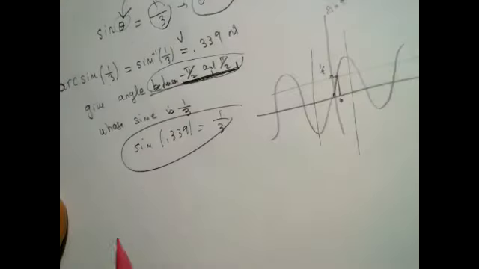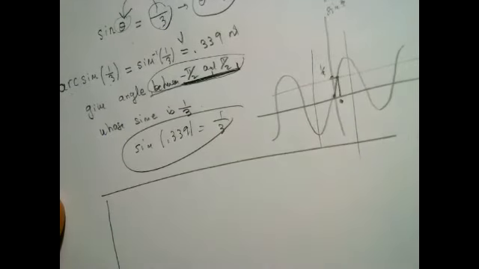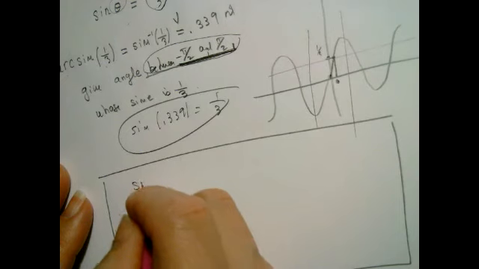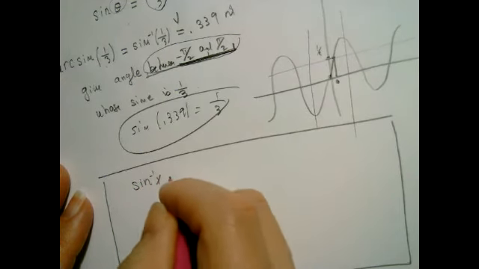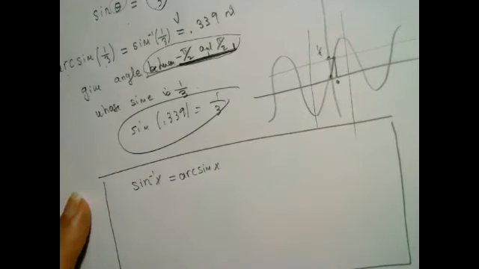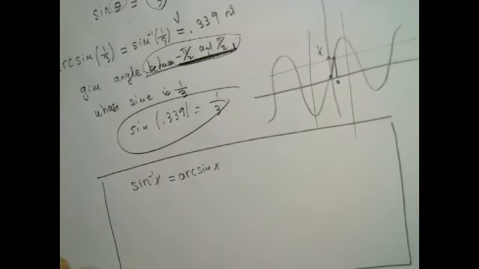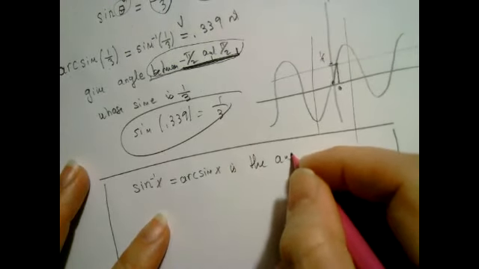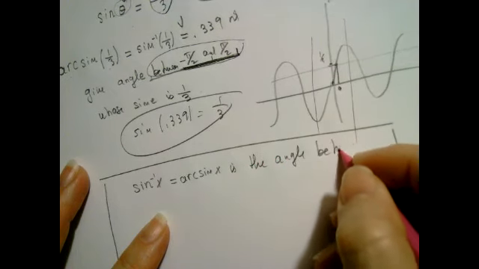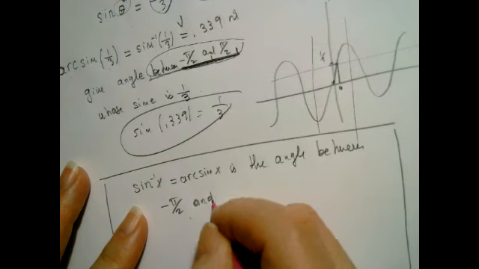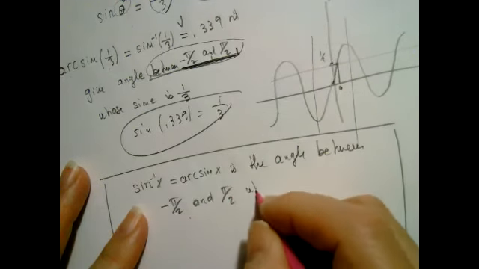Okay, so now let us define the sine inverse in a formal way. So that's a function. It has an input and an output. So the sine inverse of x in general, or I usually prefer arc sine of x. I like the notation arc because it reminds me I'm talking about an angle. The arc sine is the angle between minus pi over 2 and pi over 2, whose sine